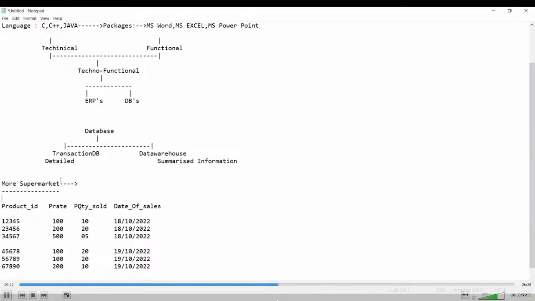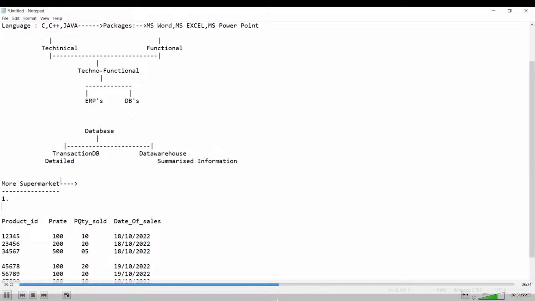That means they have the queries. What are the queries? The first query they wanted to know is the difference of sales amount day wise, whether the sales is increasing day wise or decreasing. Okay, so they want the sales